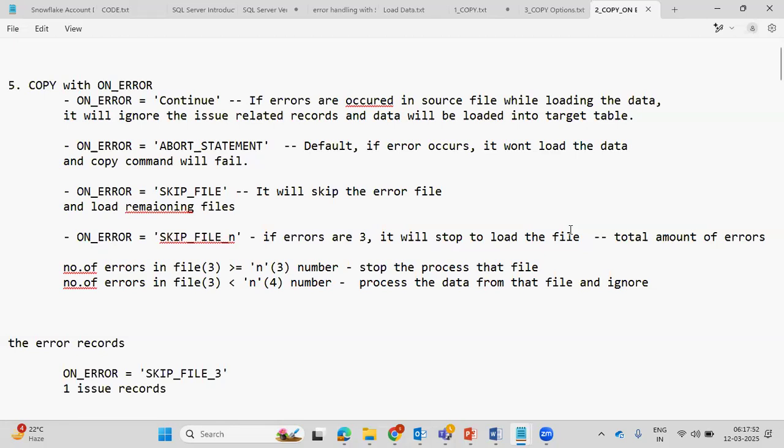Okay, so we have the on error concepts. On error equal to continue, on error equal to abort statement, skip file, and then skip file n. Okay, we'll discuss one by one. Fine. So on error equal to continue. Along with your copy command, you are going to mention on error equal to continue. So on error equal to continue means if there are any errors occurred,